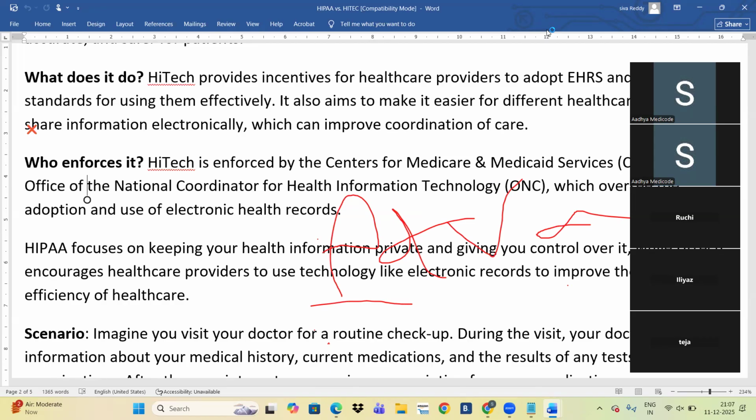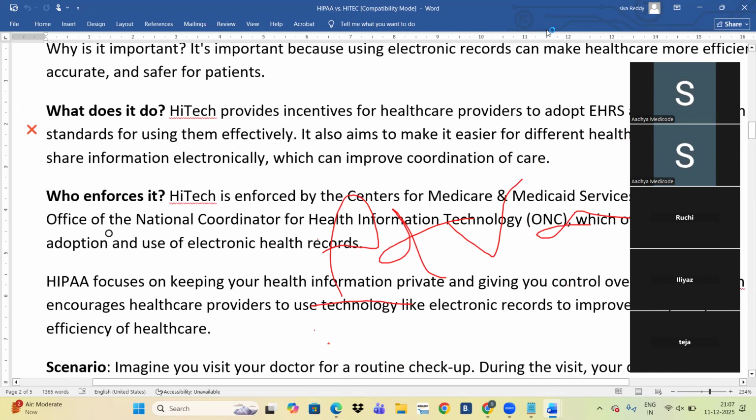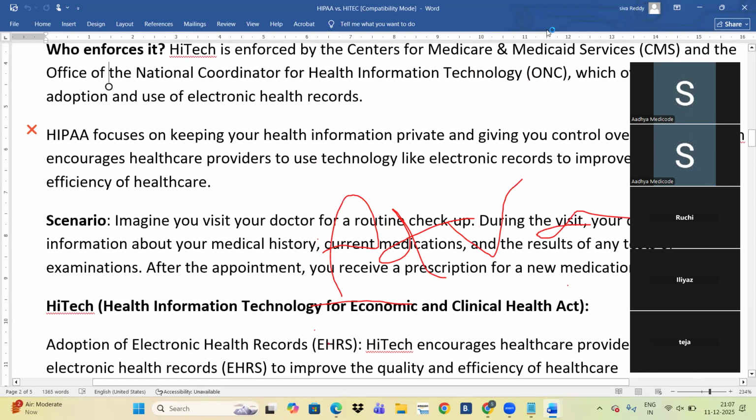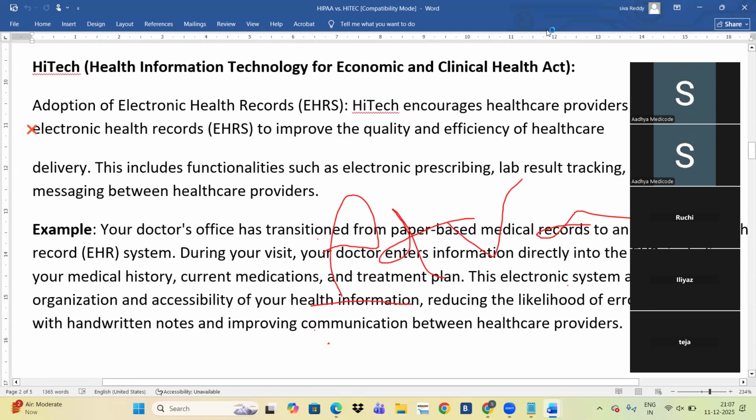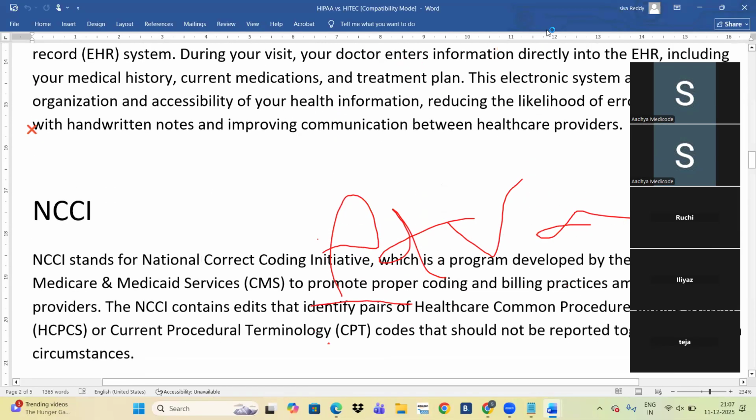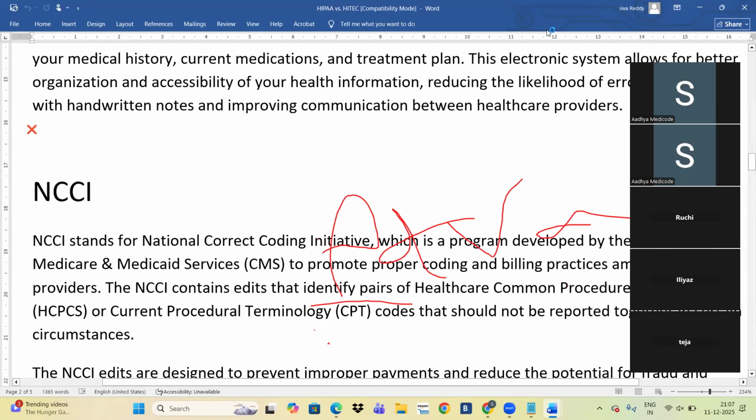One question here you will get. What is the use of HITECH? Meaningful use of EHR documentation. There also you will get one question. Clear? Adoption of EHR: it will provide some incentives and it will protect the EHR documentation. This is HITECH.